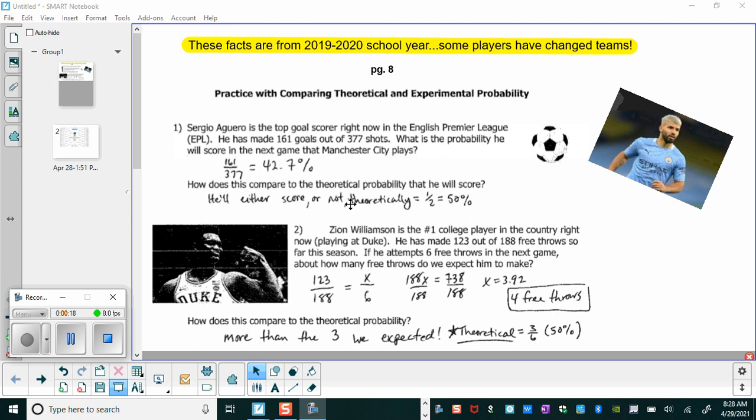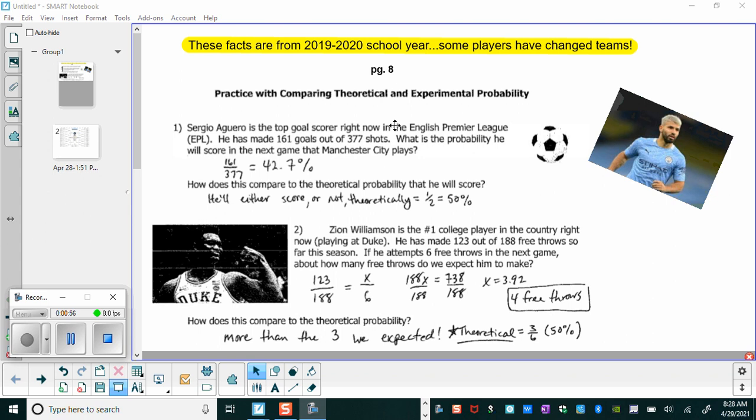One thing I want to mention before we get started is that these were true facts as of last year. I would have updated them for this school year, I just obviously didn't have a chance with everything that's going on. So if you are a soccer fan or a basketball fan, these facts would be true as of last year. And if you have no idea who Sergio Aguero is or Zion Williamson, then this wouldn't make any difference to you anyways. But I did just want to throw that out there, that technically the facts were from last year. So that said, Sergio Aguero, technically last year, was the top goal scorer in the EPL, the